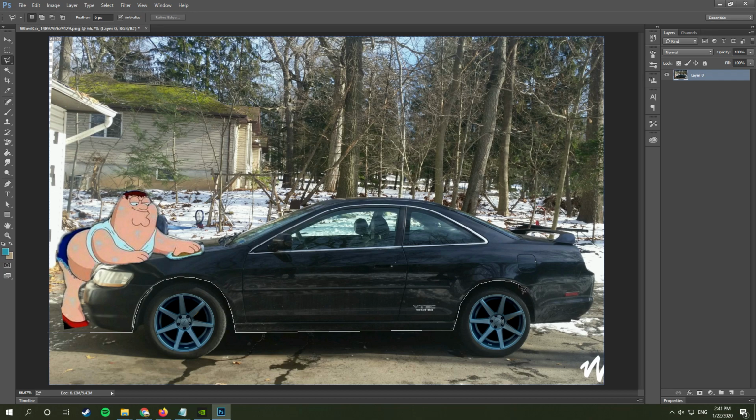Take your time. I'm not being so careful right now. If you want it to be perfect, you can zoom in and do it in more detail. But I'm just doing it to show you guys. So then you select the car. Make sure to select the exhaust as well. Just trace around it. And then